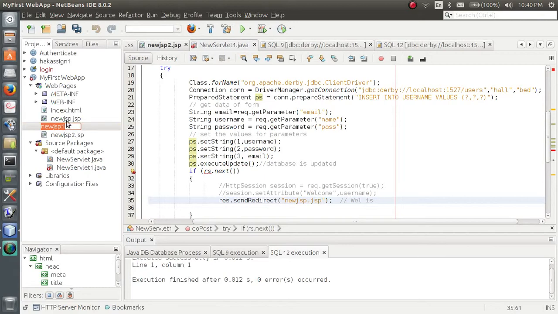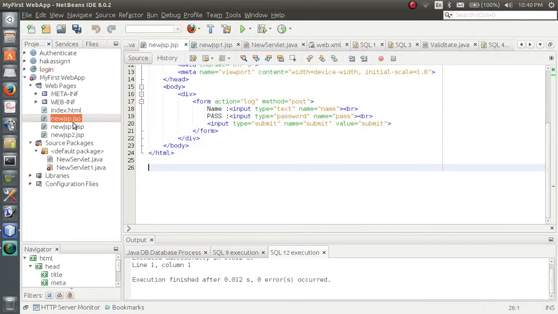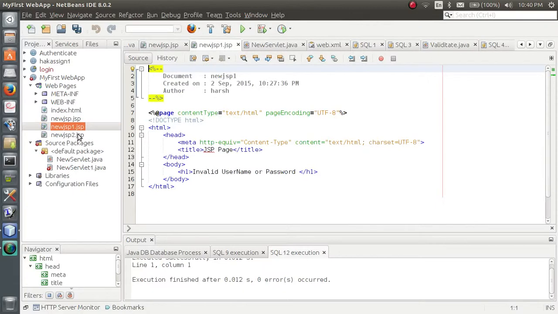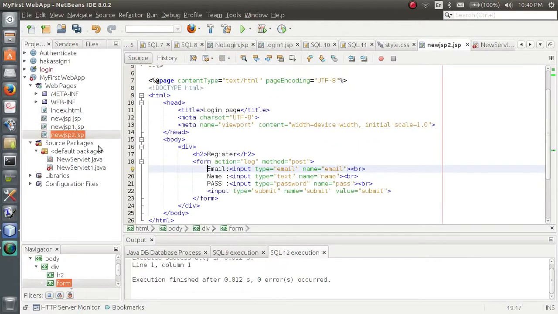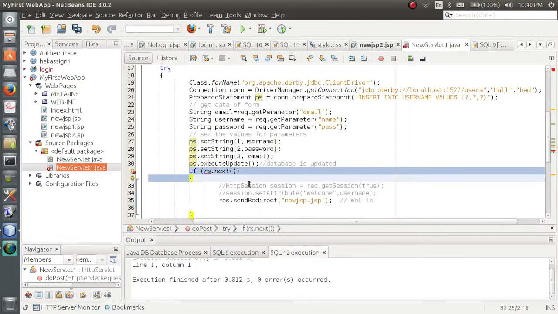So new JSP.jsp is my login page. Okay. So there is no need of if, because there is no object of result set.